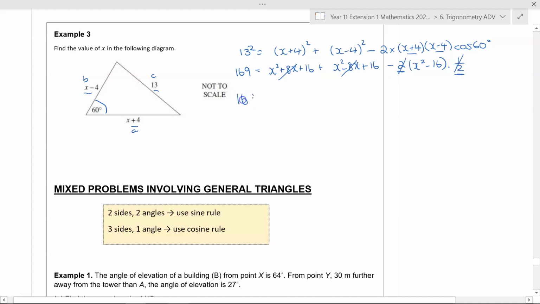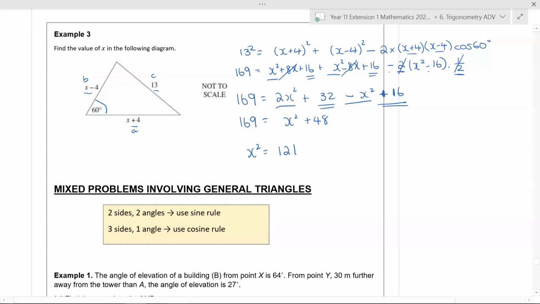Now again, further simplifying, 169 is 2x squared plus 32 minus x squared minus 16, so plus 16, could be a common error there. And that will now go to 169 equals 2x squared minus x squared, 32 plus 16. Take the 48 to the other side. x squared now is 121. Quite convenient because when I take the square root of that,